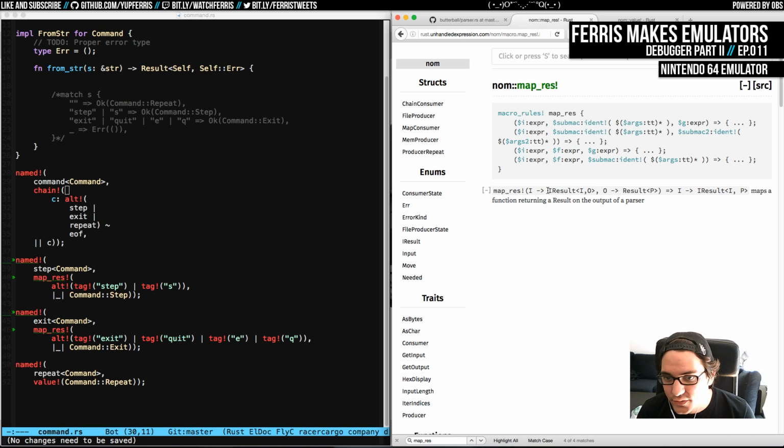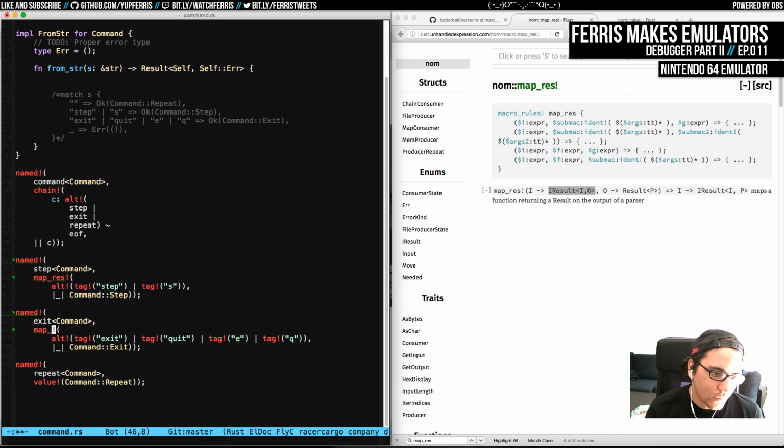Yeah, because the function has to return a result. That's the function returning a result on the output of a parser. And we're not returning a result here. We're just returning a single value. So I think actually map res here is not correct. We could just use chain again. Which again is not the best, but